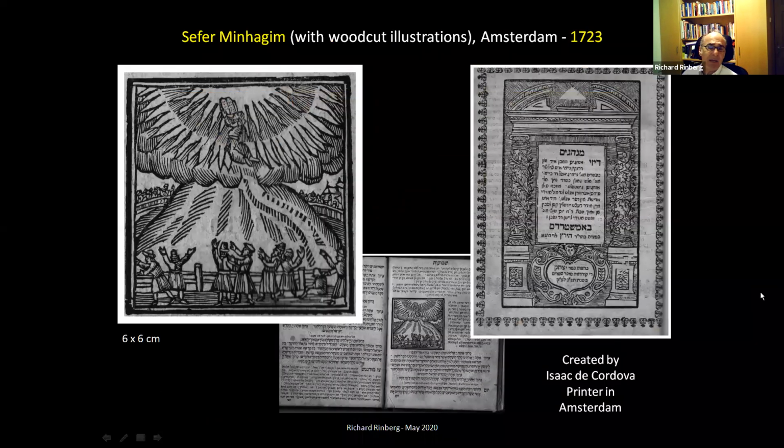Now there's a Sefer Minhagim, which is a little earlier than this, but I have a copy that's got these absolutely beautiful woodcuts, and I've blown one up here, and I've taken the Sefer Minhagim from Amsterdam, 1723, created by Isaac de Cordova, so you can see originally his family's from Spain or from Portugal, but printed in Amsterdam, and it's showing Shavuot, and there's Moshe taking the luchot. They've sectioned off the mountain from everybody else, so you can't go up, right? It's in keeping.